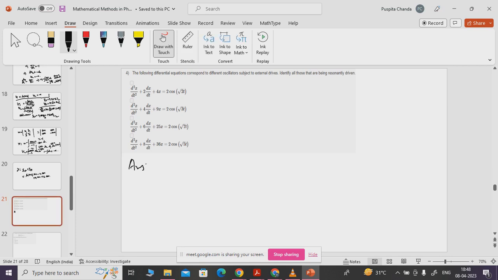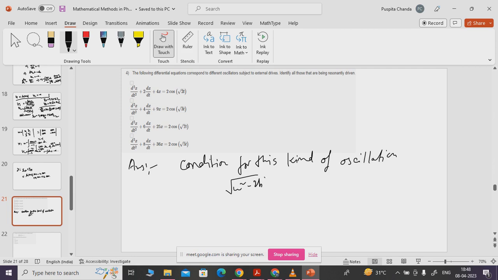So the condition for this kind of oscillation is root over omega square minus 2b square is equal to omega naught. And what is omega and 2b? The equation of this kind of oscillation can be written as d2x/dt square plus 2b dx/dt plus omega square x is equal to